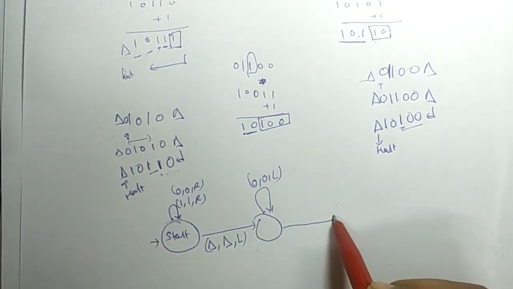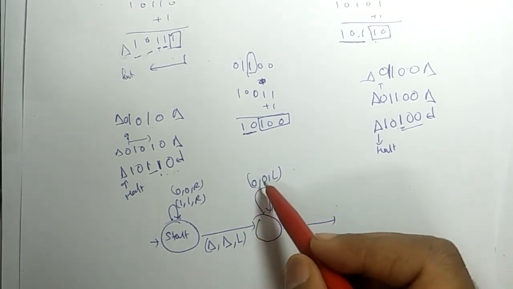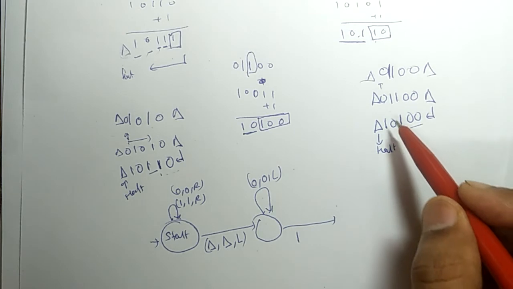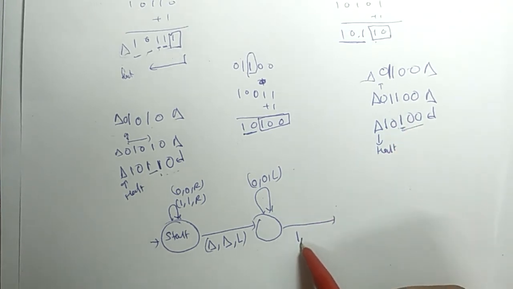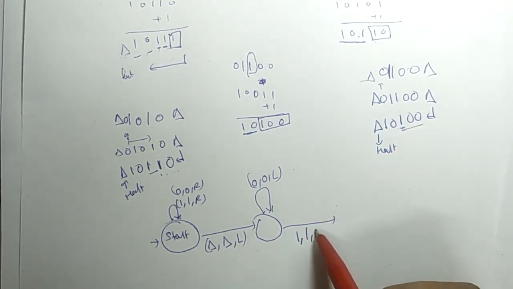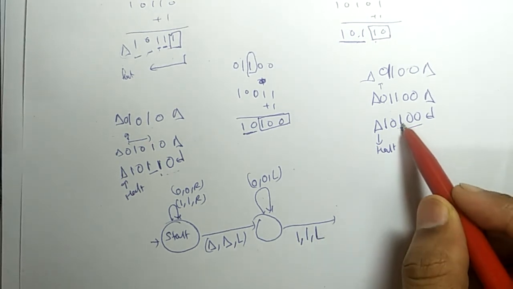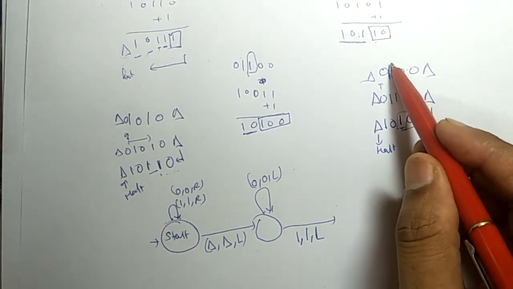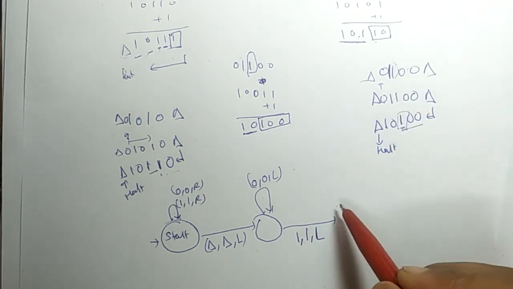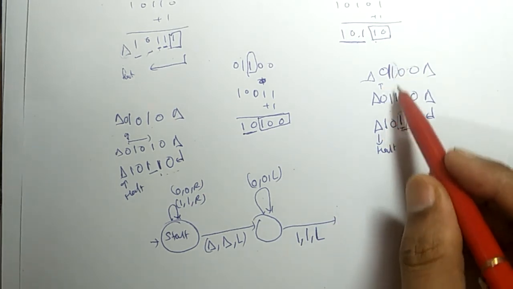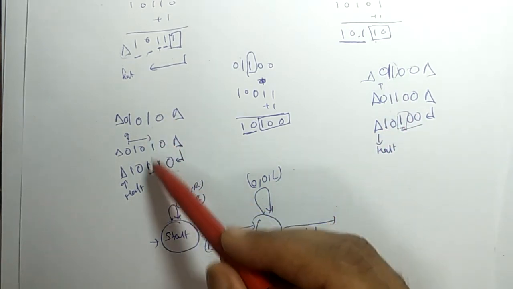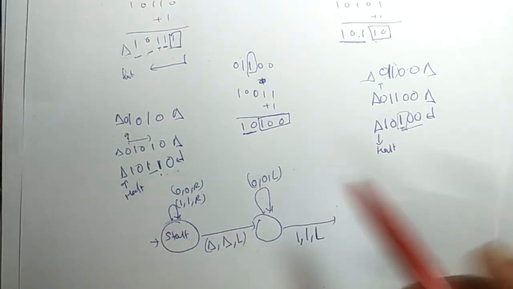So if we get 0, it remains 0. If we get 0, it remains 0. And if we get 1, that 1 also remains as 1. And we will move to the left of this one. And now we will complement everything, 1 to 0 and 0 to 1. After this one, we will complement everything.